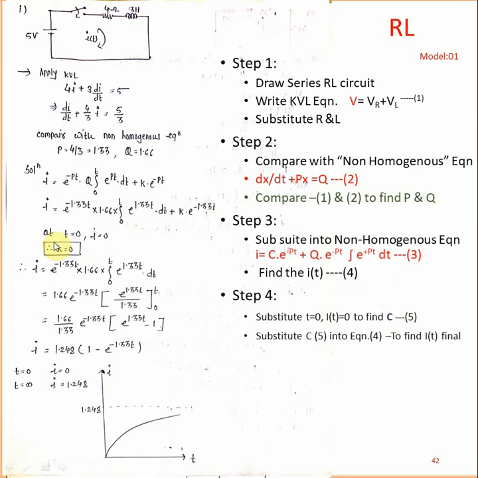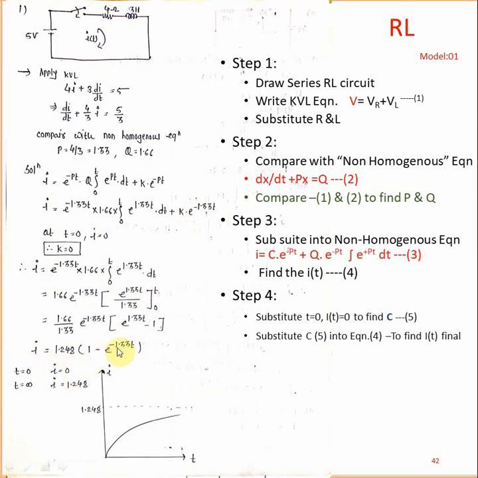Once you find the k value, substitute into that equation. This equation's k value can be replaced, 0 into everything, 0. Then this term is the I value. Then you take the integration of this term to complete the I value, and you have the final equation of I. t is equal to 0, you can substitute. Where is the t? This is the portion. So t is equal to 0, substitute to find the I value. What is the I value? The I value is 0.